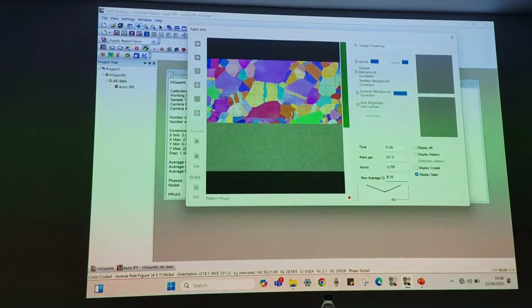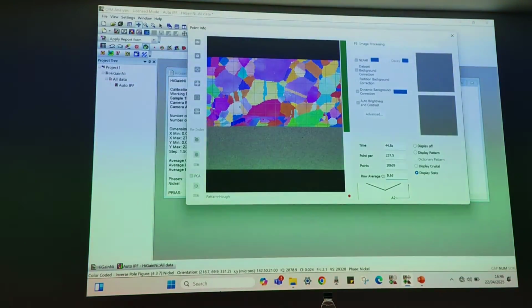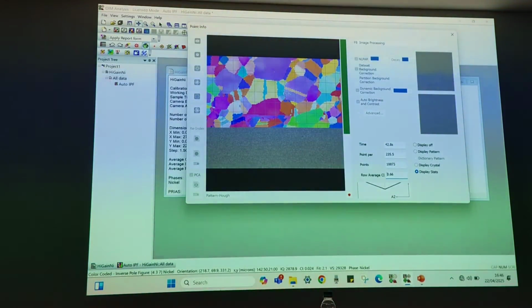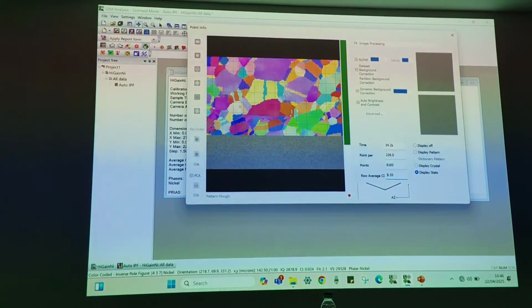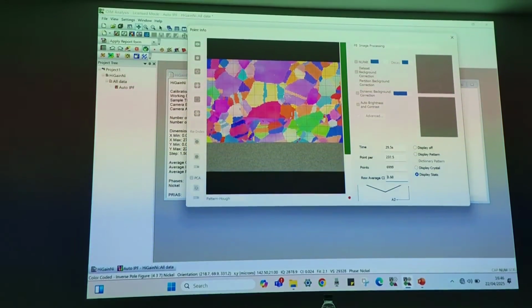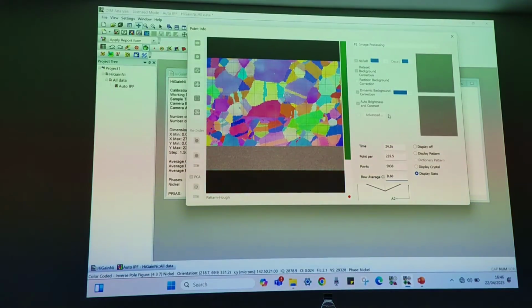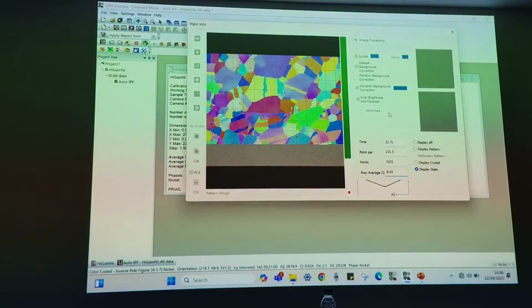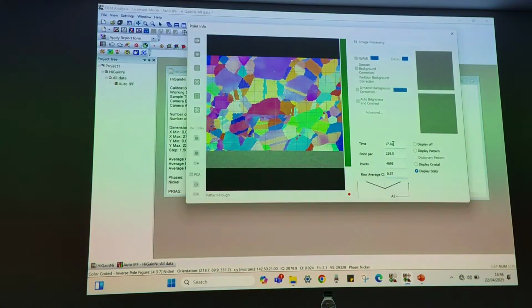So you don't have to repeat your sample. Let's say for some reason you did not get a proper EBSD scan, but if you are saving the patterns, then you can run it offline without putting your sample in the microscope again. That way you can save a lot of time. So basically this is purely an offline process. Once the scan is over, I'll show the difference between these two scans. Here it shows the remaining time, around 16 seconds remaining.